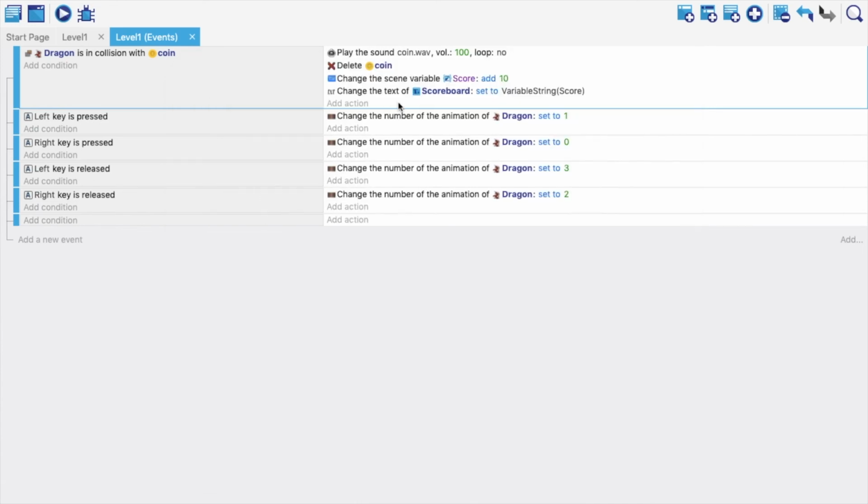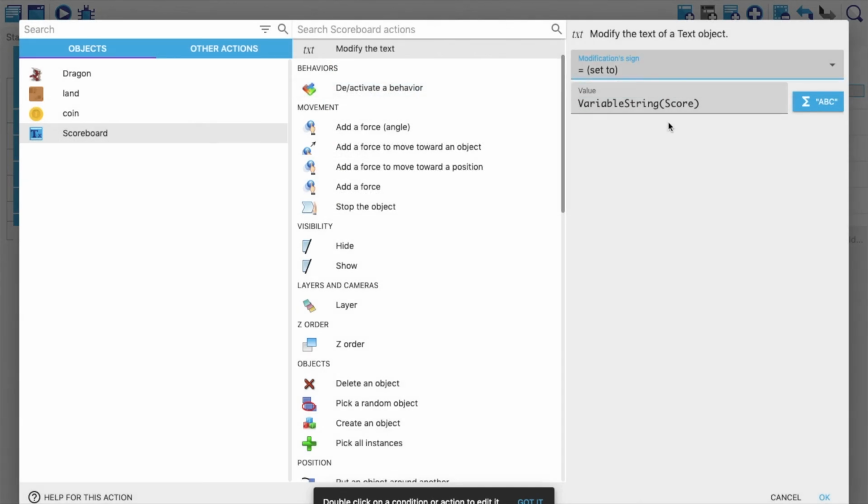Score text also. So simply in this change the text, we have to go here and just before this, we will, in double quotes, write score colon space, just to put the extra space in the output.